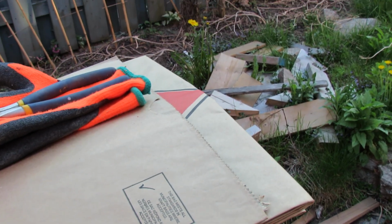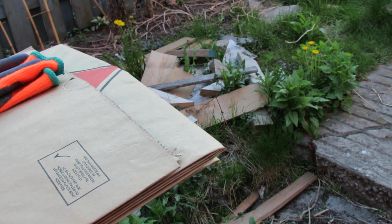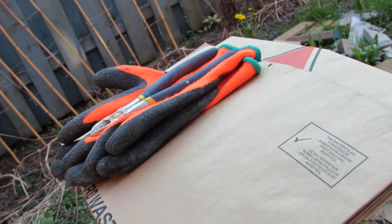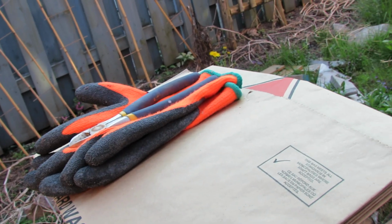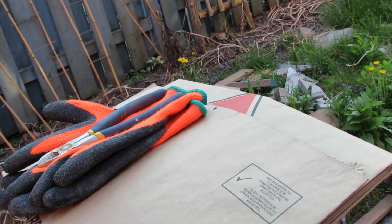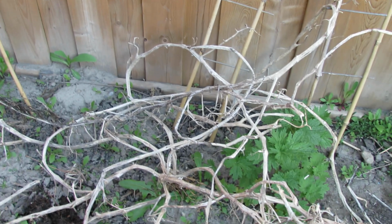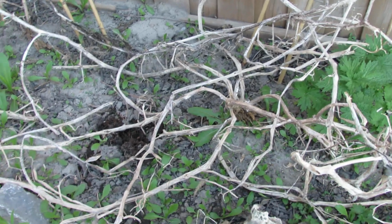So I thought, to heck with that. In the city here, you get a little green compost bin, and you have to buy these clear plastic biodegradable bags. You put your onion and carrot trimmings and this and that in there, and put it out by the road with your garbage or recycling. They come and take that away for you. Then they turn around, compost it, and sell it back to you. You know what I'm saying? And I thought, well, I already spent money on putting nutrients into the soil last year for this. Whether you're buying it or making your own, rabbit or sheep manure compost or cattle manure compost, do whatever you can, but